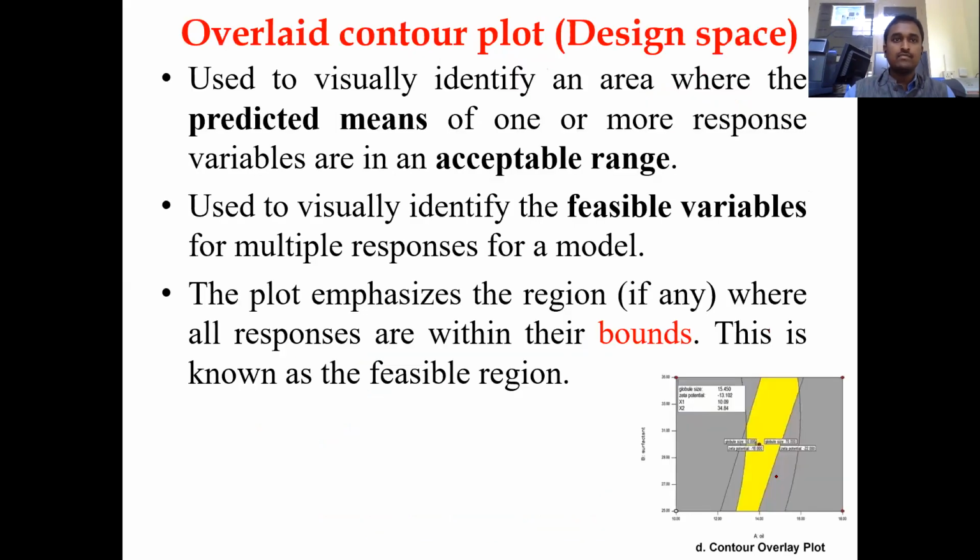And the last one is the overlay contour plots. Contour means boundary, right? You can see the boundary here, a clear yellow color region boundary. The meaning of contour overlay plots is basically that it gives a design space. Once you want to know the design space, please refer to the QbD design space. Design space is called the ideal region. This is called the ideal region to play.